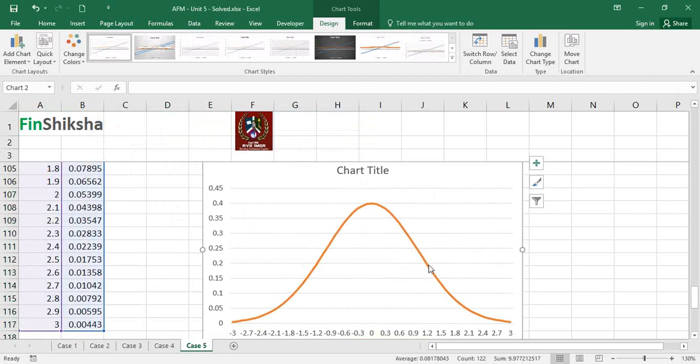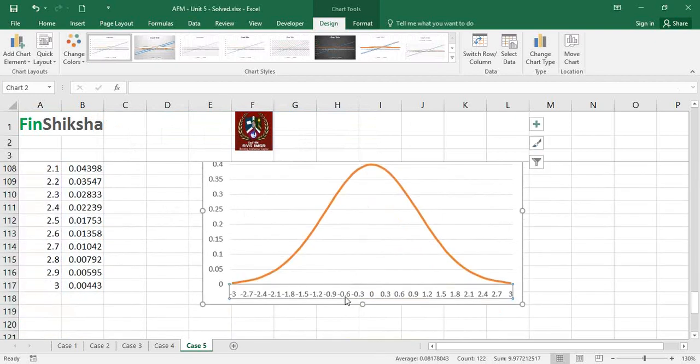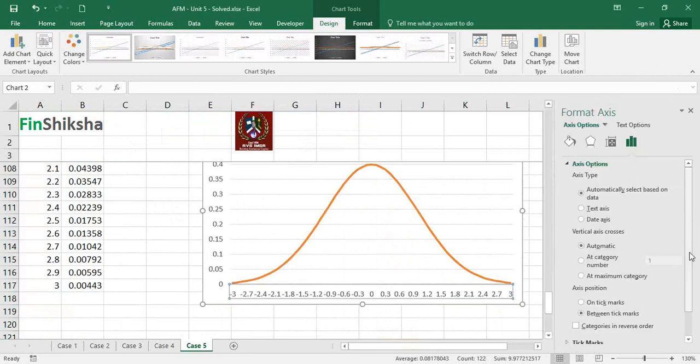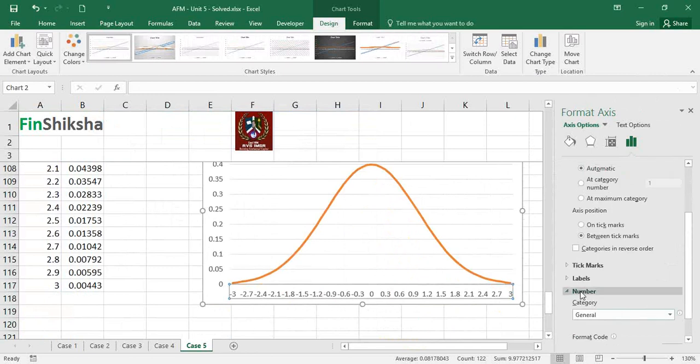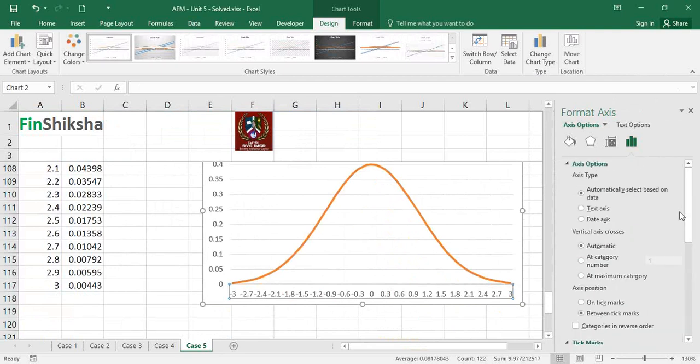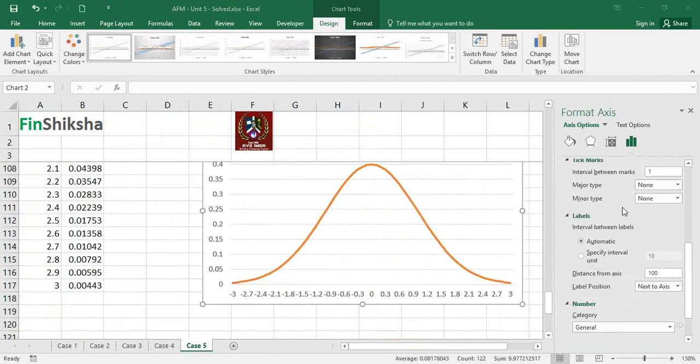And what we see here on the horizontal axis is the standard deviations. I can basically format the axis, and I can change the numbers, and I can change the difference between the numbers that is there. Tick marks, what is the interval between marks, what are the labels, what is the interval between labels, and how this is basically getting crossed. So right now, if we look here, it's giving interval between the labels as automatic. I can specify the interval as 10, and then basically it takes 10 points and gives this, and this is basically what the standard normal curve would look like, essentially, right?